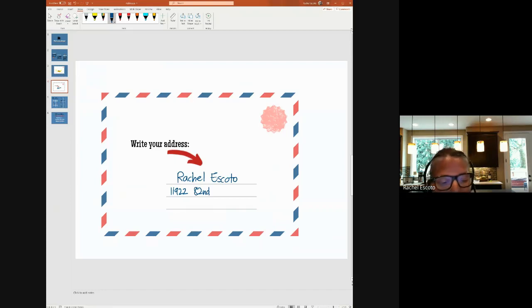82nd Street Southeast. Mine is a house, not an apartment. So here, no apartment number. My town is Snohomish, Washington, both capital, and my zip code